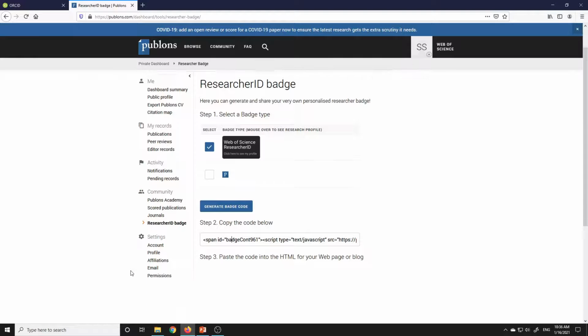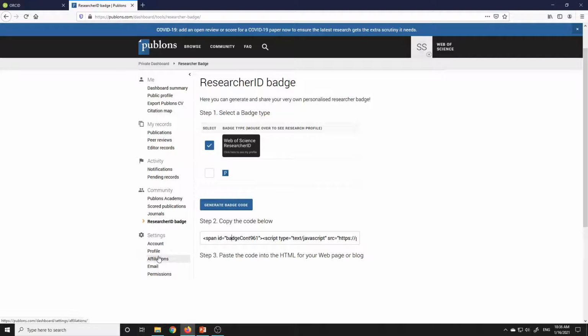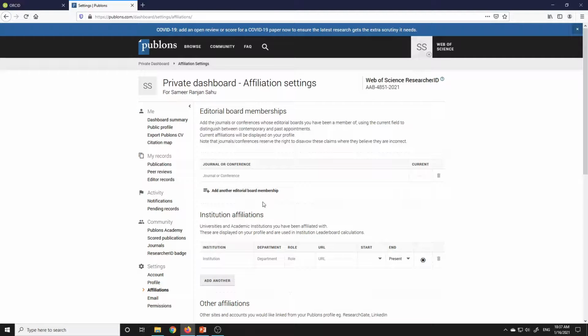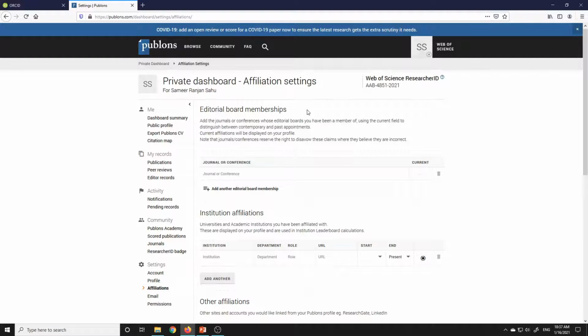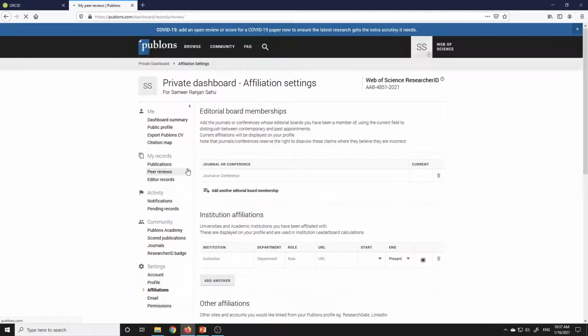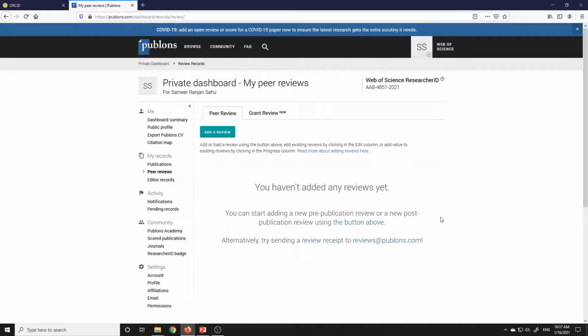Profile, affiliations, everything is there. You have to enter your data only once here, and once you enter it, you don't have to do anything. You can track your reviews, you can edit your reviews, everything can be done here.